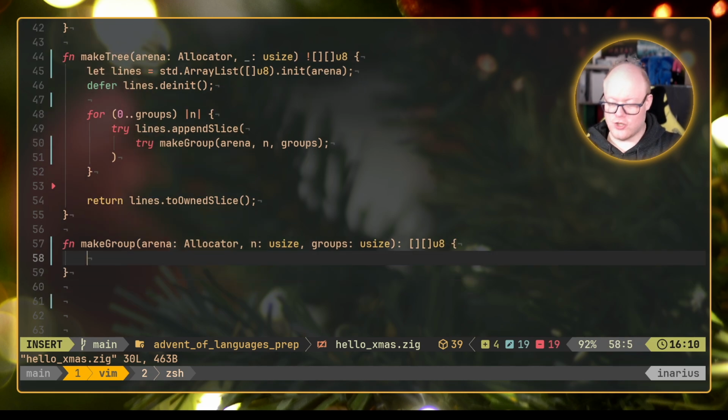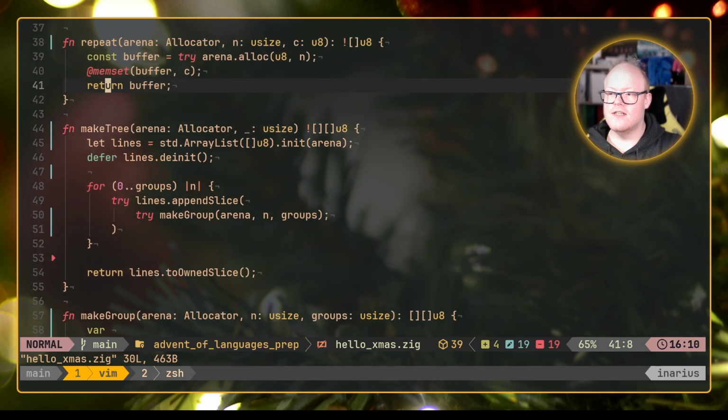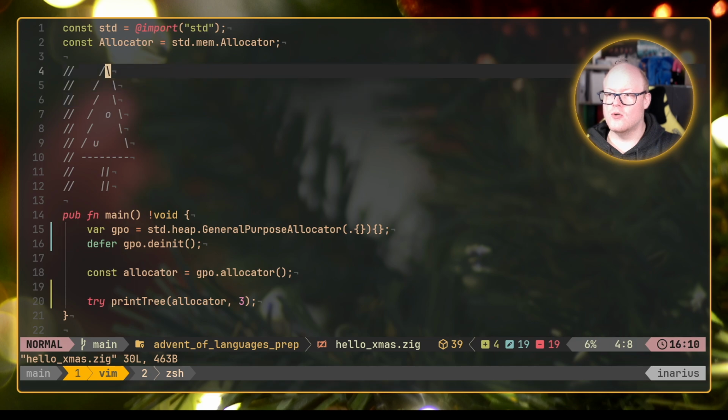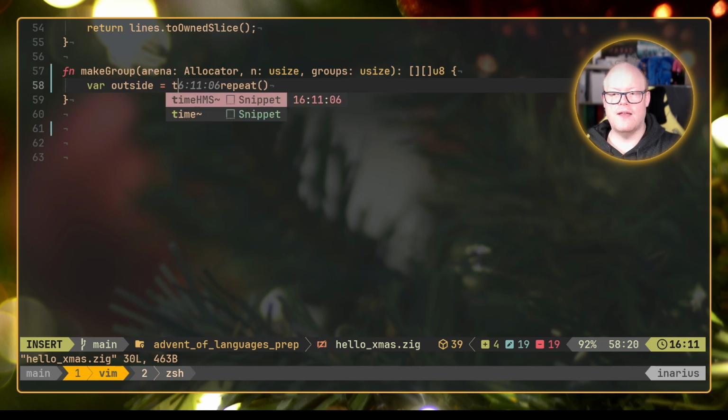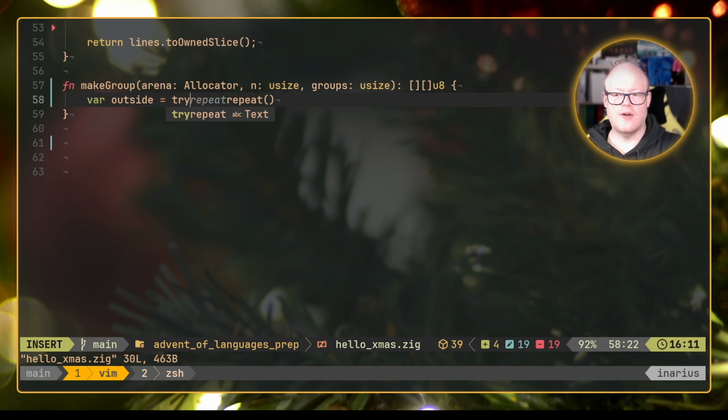So now, how do we actually do that? First of all, we need some spacing. We need the spacing for each of those groups. So we need the spacing outside of this tree, and we need the spacing inside of this tree for this specific group. So let's quickly create that. We have outside, and we have our repeat function created, which actually, by the way, could fail. So we need to have a try here,